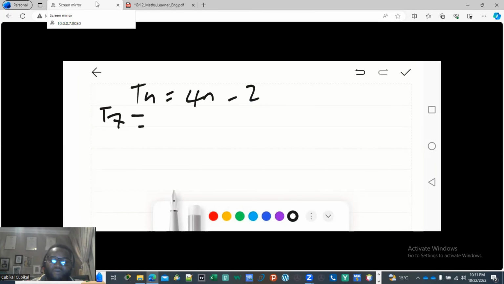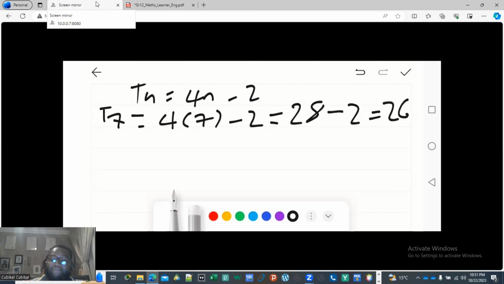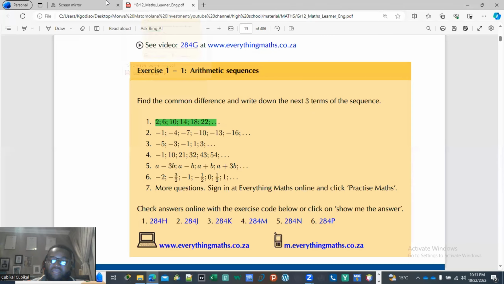So T7, you're going to get it by saying 4 multiplied by 7 minus 2. Here, when you say 4 multiplied by 7, that is going to give you 28, and minus 2, you're going to get 26. So it means the 7th term must be 26. And how can you confirm that? You can confirm that by taking 26 minus 22, you're going to get 4, which is equivalent to the